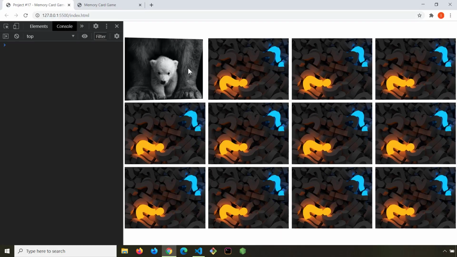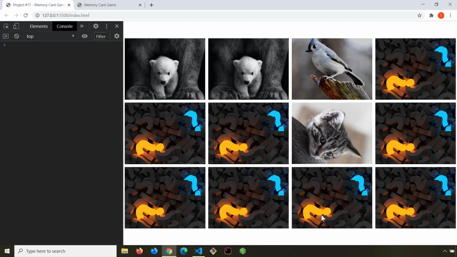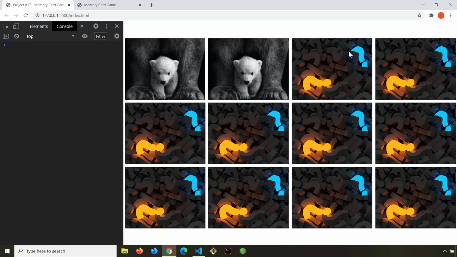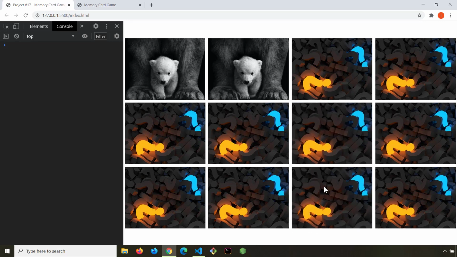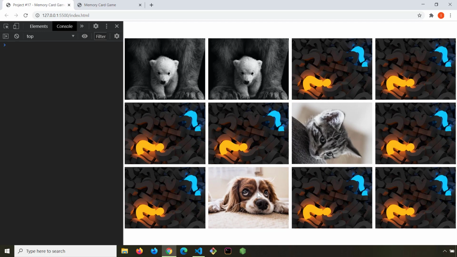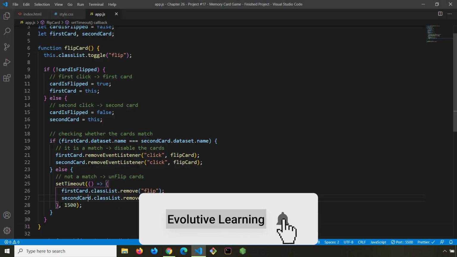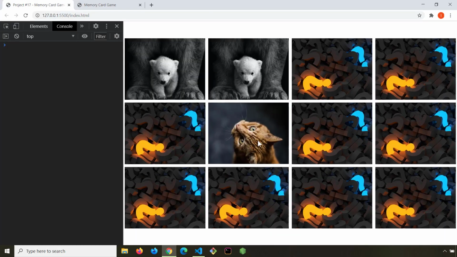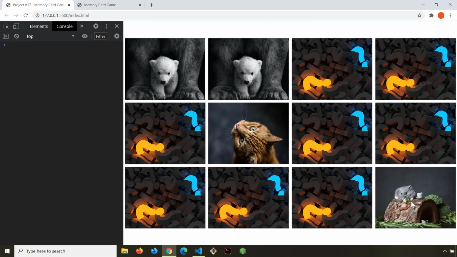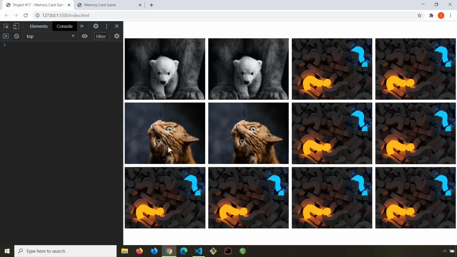So let's click on this, and on this, we know both of them are a match. What about this and this? Exactly after 1.5 seconds, they are going to unflip. We do not want them to unflip immediately. We want them to be shown to the user that they're not a match, then they should unflip. You can increase or decrease this time. This is in milliseconds. That's up to you, but I think 1500 is a good time. So this is a cat and this is a hamster. They do not match, they unflip. If they match, they get disabled or they